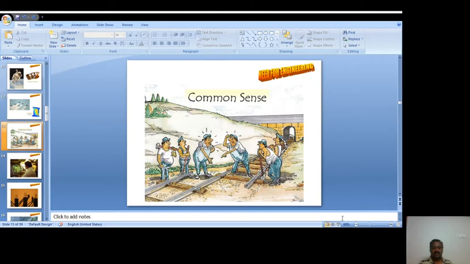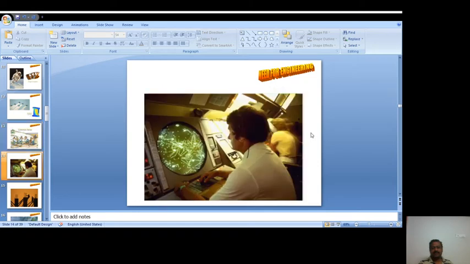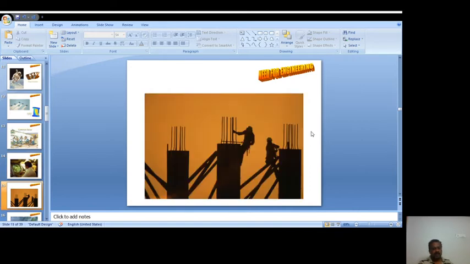Here you see some railway workers, but instead of connecting the track here, they connected it here mistakenly. So you need some common sense to do something like this, and you also have to understand how it will be done. You have to know how the thickness of any material, any concrete mixing, or steel size, everything